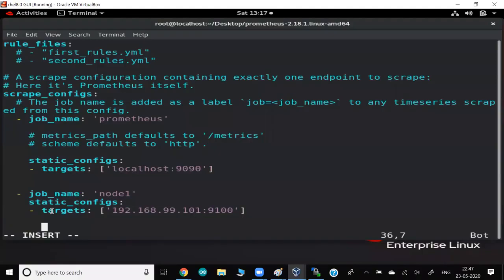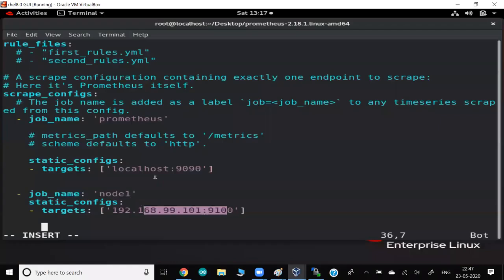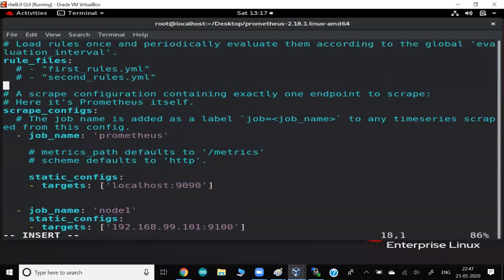Okay. So right now we have 2 jobs running. One job, with this name, is monitoring this guy. One job already exists, monitoring their own local system. So if you don't want it, you can remove this job. 2 jobs are running. And very quickly, guys, I would like to show you the initial lines of this file.